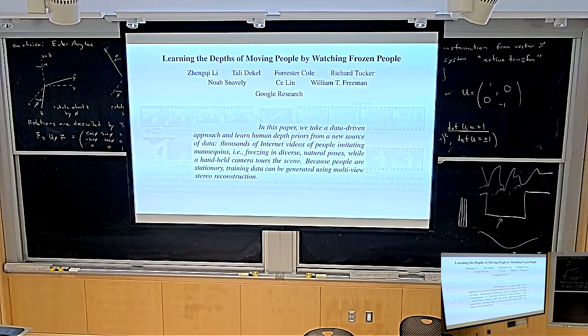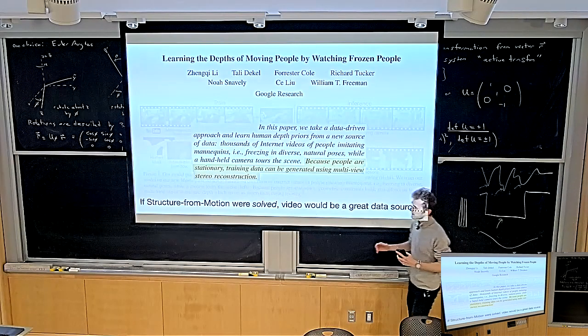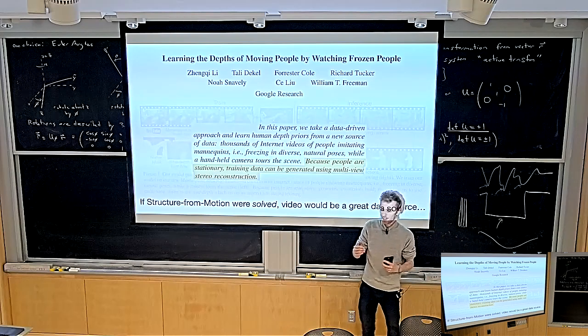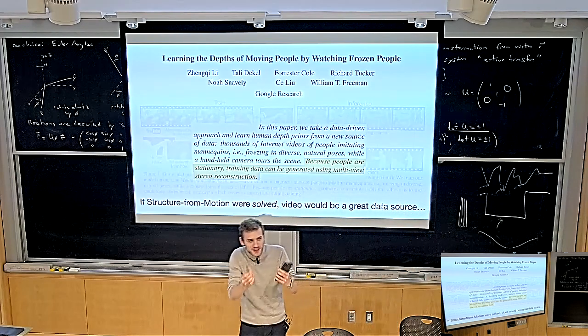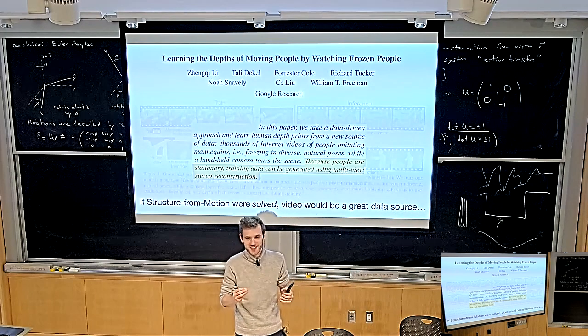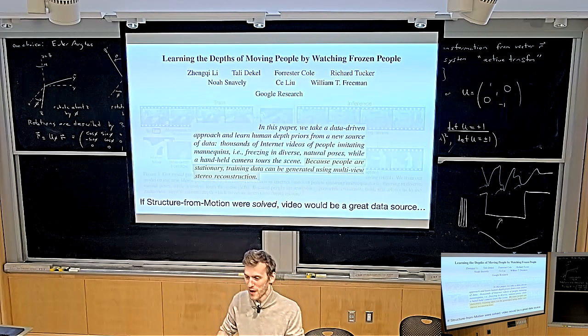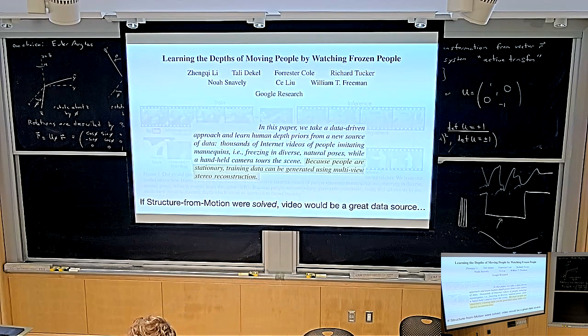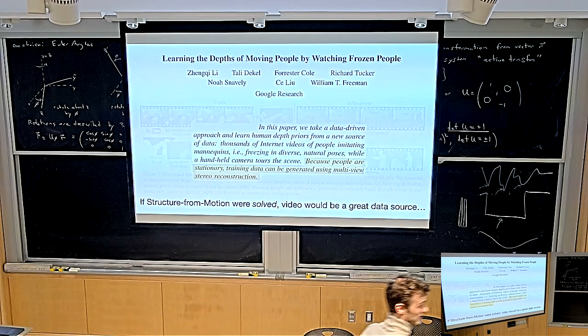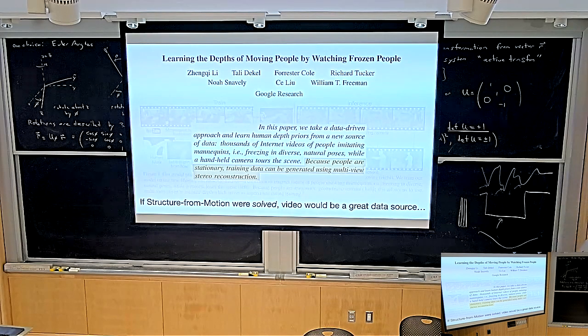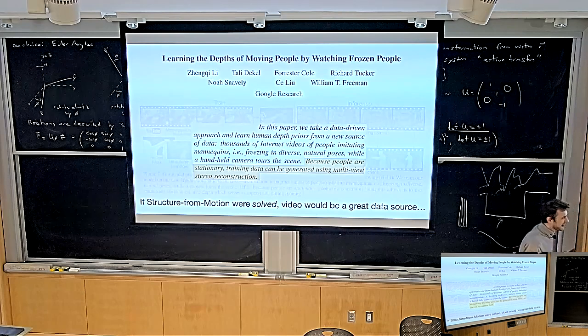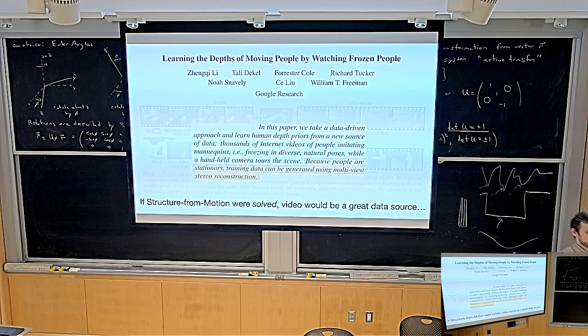And it is a fantastic paper, but of course, if you think about it, it's kind of a joke. Is that really the way we're going to do it? The way we're going to solve it is we just have everyone do a challenge, and then we can collect this data. Obviously not, right? I mean, amazing that this worked in this case. It really did work. It was great. But the problem really is fundamentally things are moving, and we can't generate multi-view stereo reconstructions for things that are moving. In other words, if structure from motion were a solved problem, this would be a great data source, but structure from motion isn't solved, so we're stuck with this.